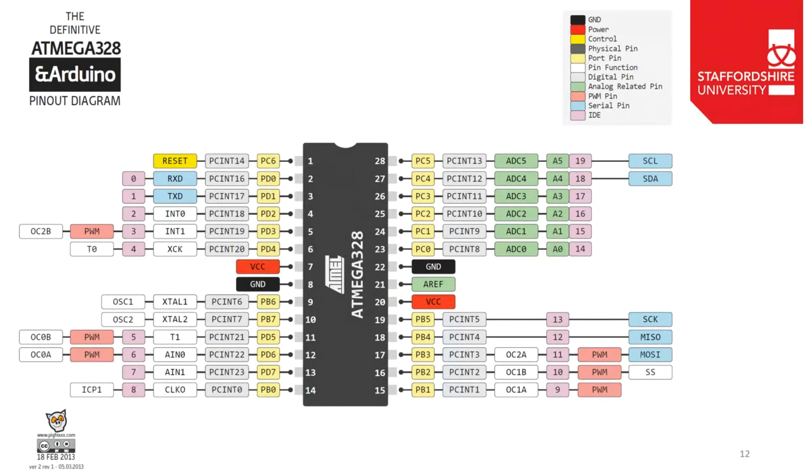We have port B, C, and D. So we've got port B, which is port B there, and port B starts here and there. So what we can do is, by addressing port B,